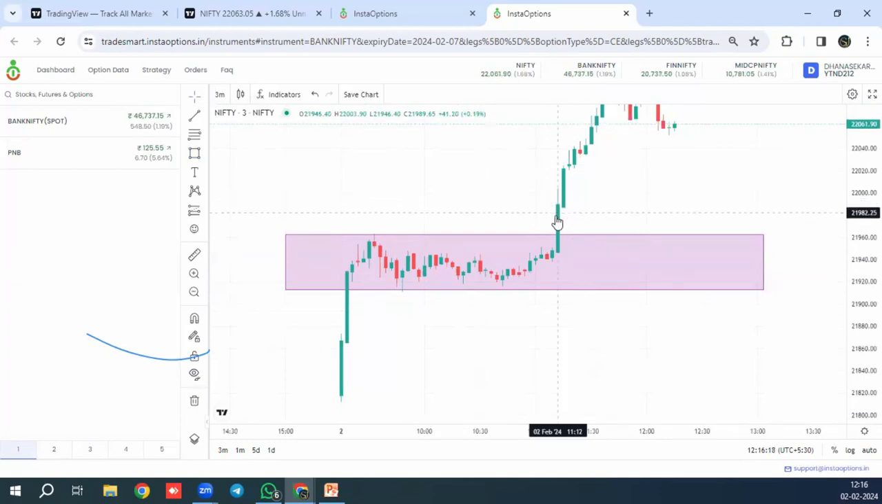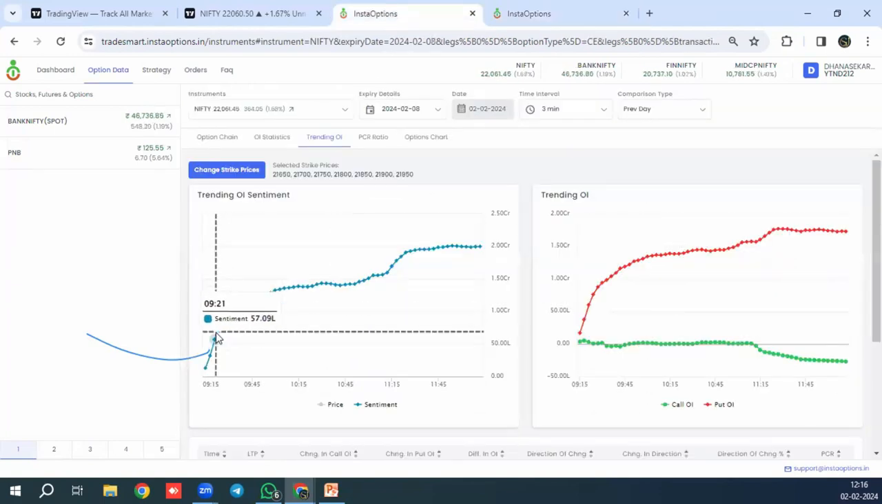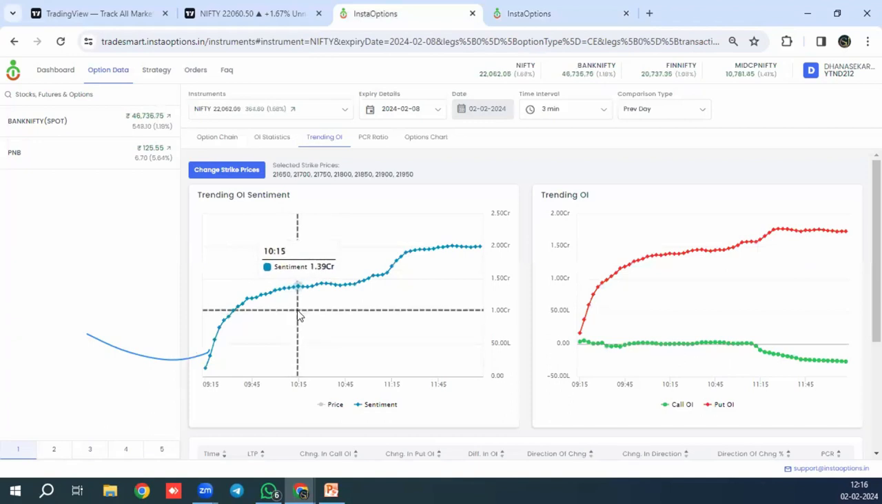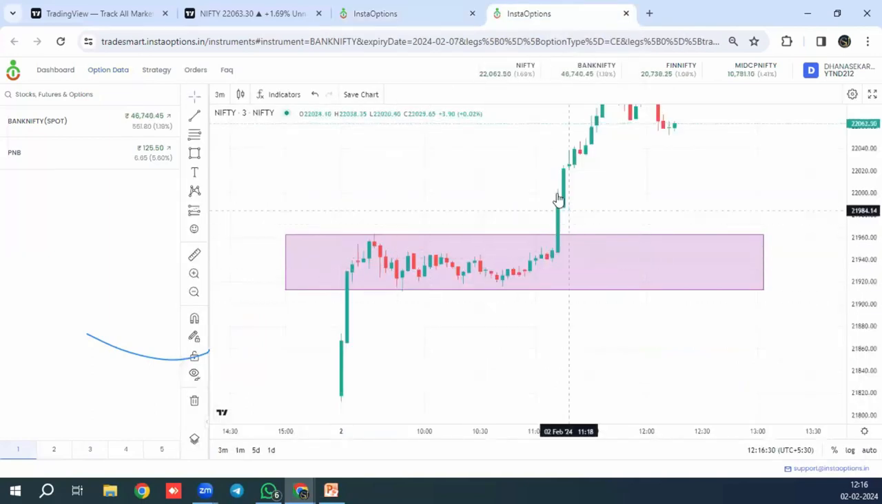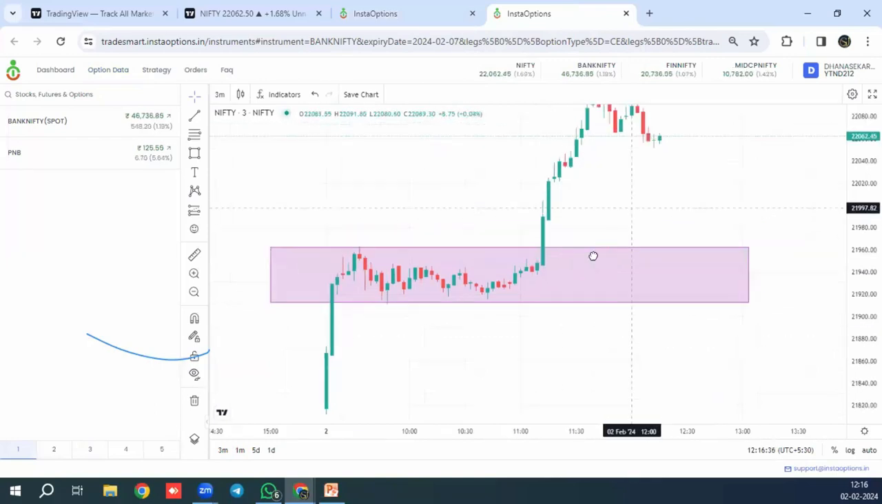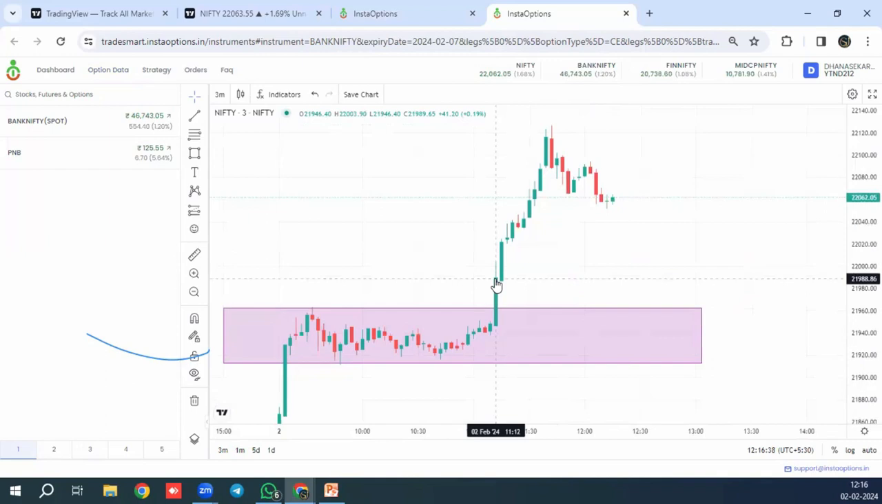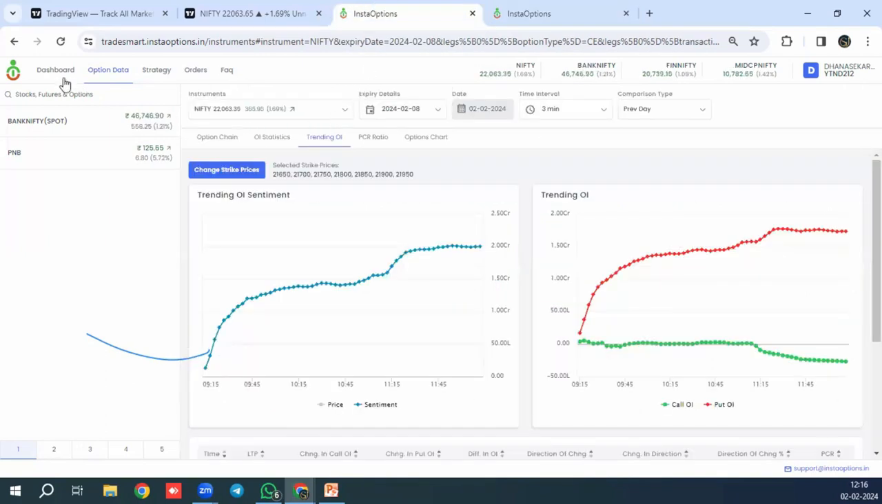And there was a breakout. You can see sentiment was ultra bullish and more than 1 crore contracts is in your favor, right? So once it is a breakout, we can either go for a sell of put option, or we can go for a buy of call option, or we can even use a spread. So if you don't know which one to use, then we always have,